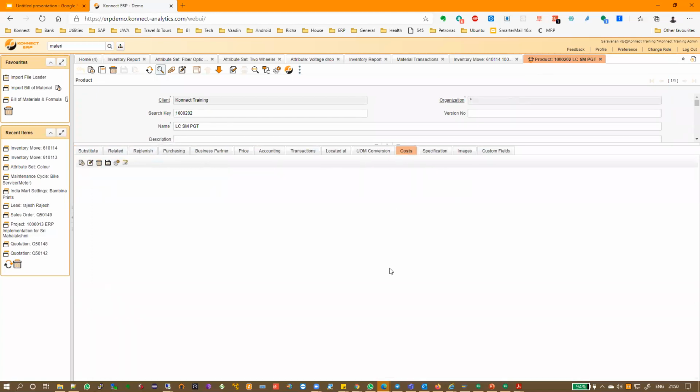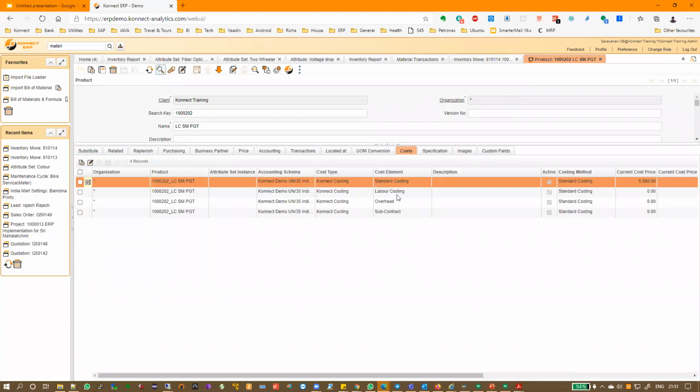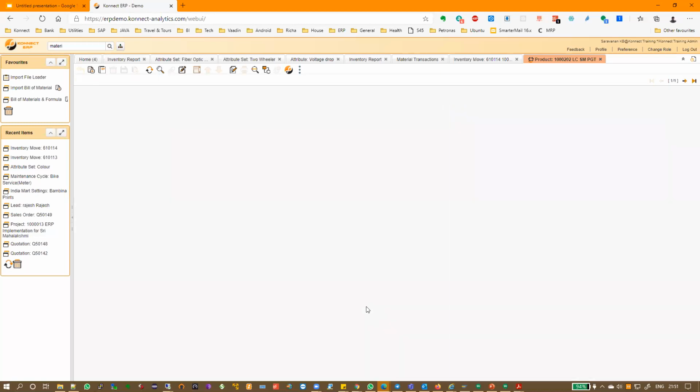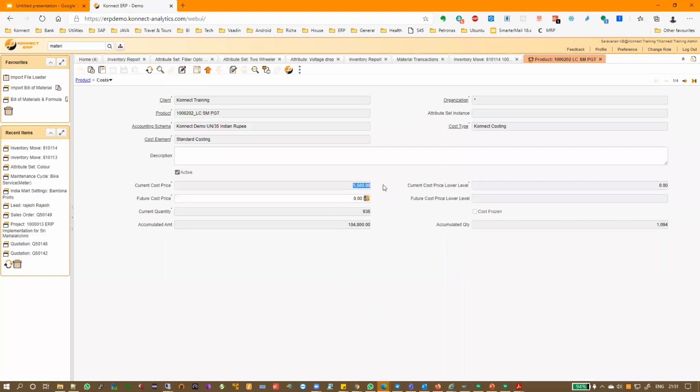Then if you see here, there will be a cost tab, which will give us the costing. So can you see the current cost price is 5680. So this is the cost at which it has taken it. Okay. And also here, it will give you the total current quantity and the accumulated amount. So this is just a multiplication of this and this.